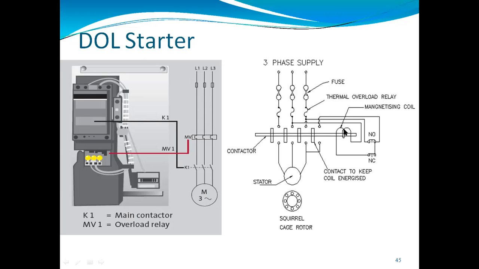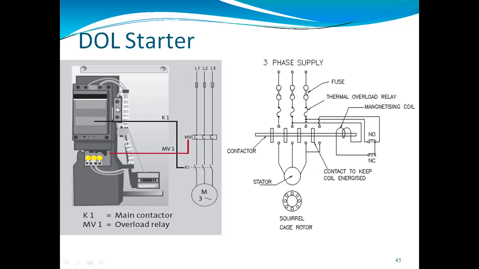So here, when we are giving that three-phase supply to the stator, we will get a starting current that is greater, 5 to 7 times the rated current. And we will have a starting torque that is greater as well. We can say the starting torque will be 1.5 to 2.5 times the full load torque. So when we are making the induction motor start directly online using the DOL start,